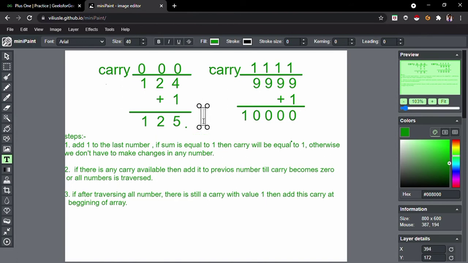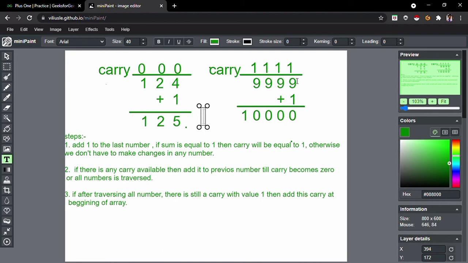Let's see this one example. 9 plus 1 will become 10. Then we keep 0 here, and we keep 1 as a carry, and we again add 1 to the 9, and 9 plus 1 again becomes 10, and we keep 0 and 1 as a carry.